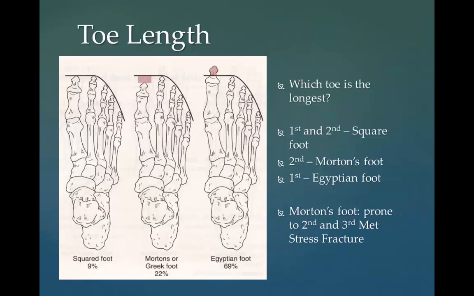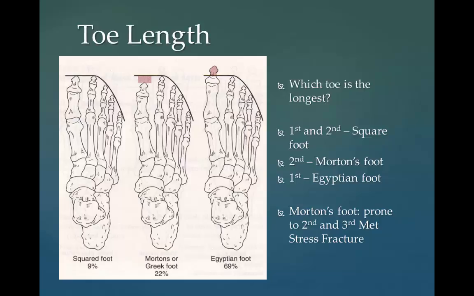The length of your toes should be considered for the purchase of shoes to make sure that they fit right. All shoes should be measured by the longest toe. You should have 1 thumb length between the longest toe and the toe box of the shoe. In addition, biomechanically speaking, the longest toe typically carries more of the weight-bearing load during the push-off phase of walking or running. If your first and second toes are the same length, then you have a square foot. Approximately 9% of the population has this type of foot.